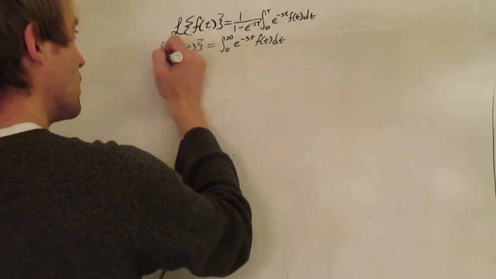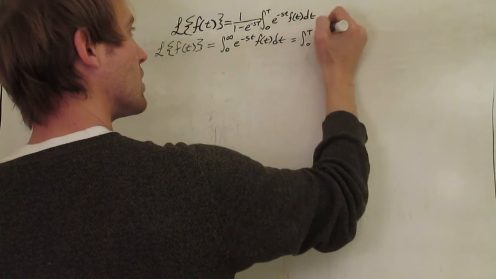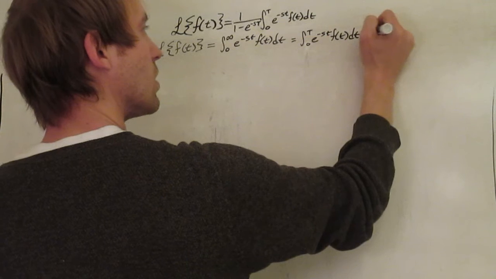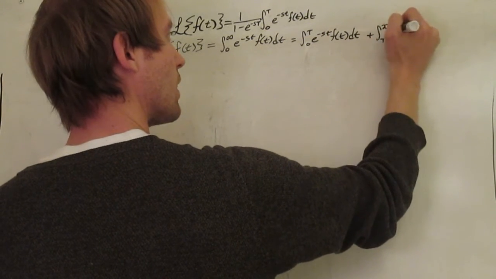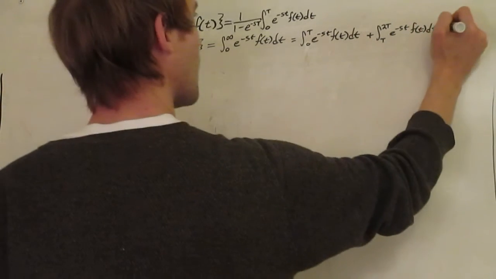So this is equal to the integral from 0 to T of e to the negative st f of t dt, plus the integral from T to 2T of e to the negative st f of t dt,